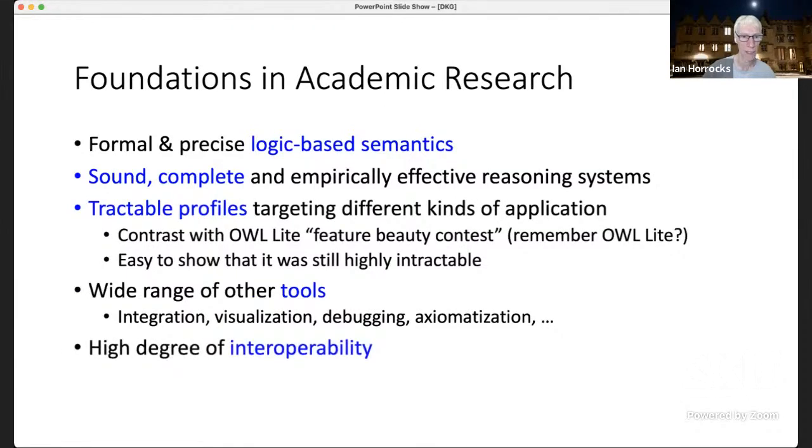used in practice. And you can see actually that this kind of formal basis also leads to a high degree of interoperability. There are a whole bunch of different OWL reasoners out there, and people can really switch between them and be confident that they'll get the same results. And in fact, if you really try this out at home, you'll discover that the degree of compatibility between different OWL tools and systems is really impressive. Again, I think this comes from this academic research background.